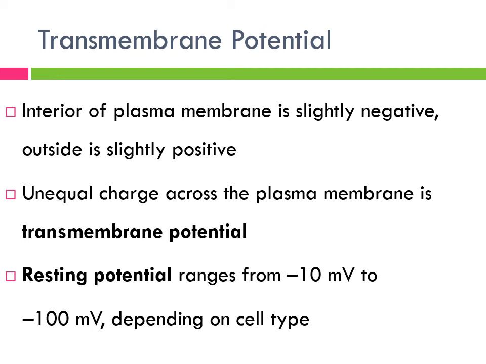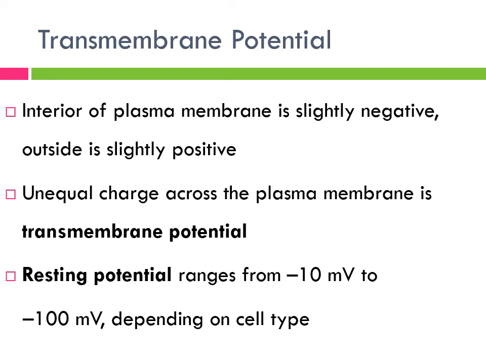This becomes important because when you change that transmembrane potential, you have all these positive ions on the outside and negative ions on the inside, and there are gates that would allow those positive charges to flow into the cell, mostly sodium in this instance. So if we do something to that plasma membrane where we allow the sodium gates to open, the positively charged sodium ions outside the cell can rush into the cell, that can cause an excitement of the entire cell membrane,